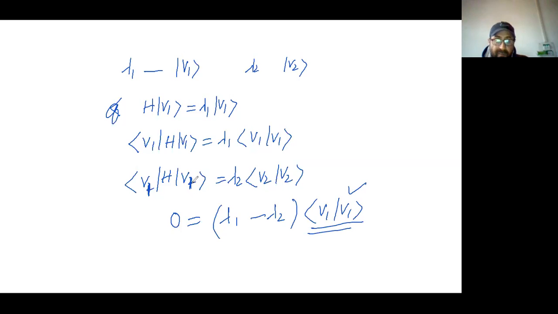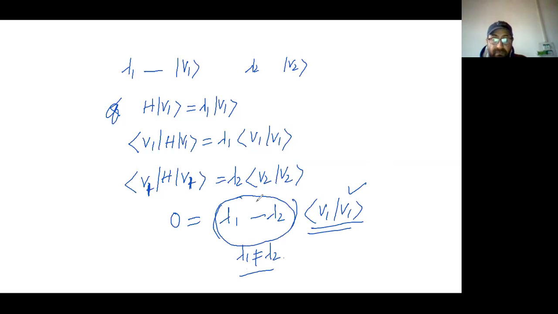So we are proposing that we have the same eigenstate with different eigenvalues. In general this is not true; we will surely have different eigenstates. But this is to prove that if the eigenvalues are the same, which basically means v1 and v1 are the same state, then it's already proved: this is going to get 0, this is anyway finite. However, if lambda 1 and lambda 2 are not equal to each other,